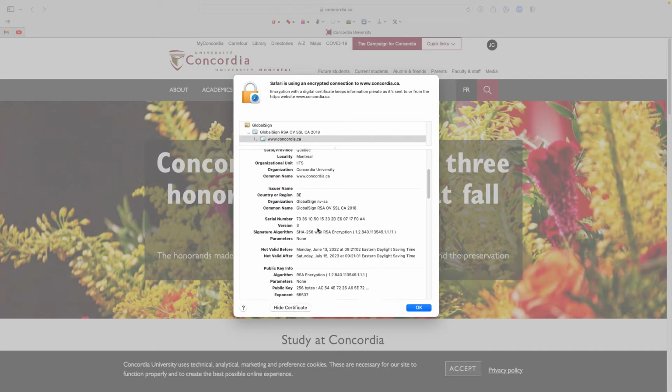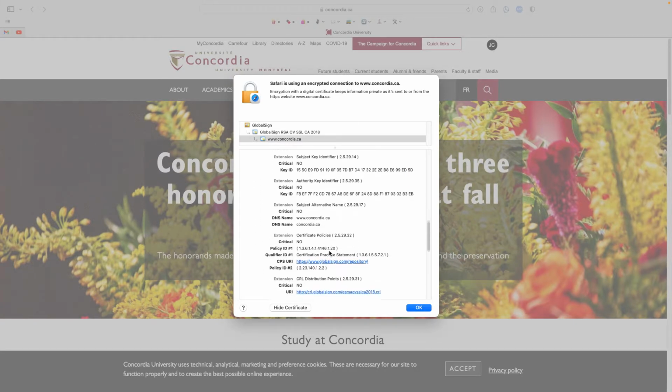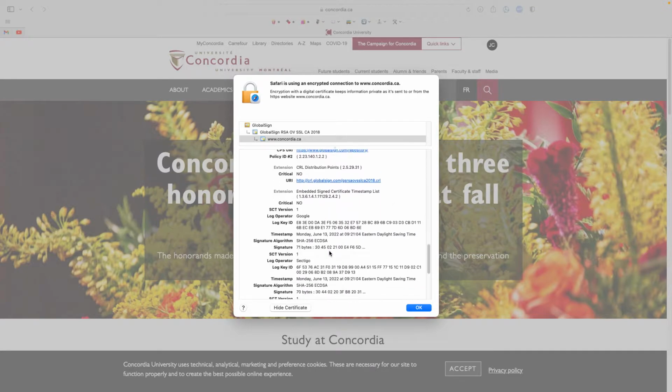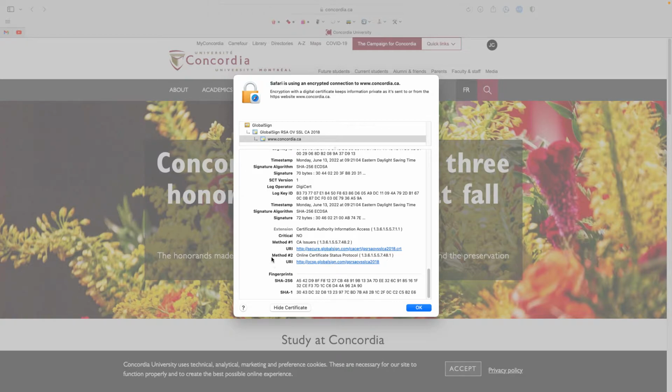And if we go into the details, we see somewhere in it, OCSP, Online Certificate Status Protocol, and then there's a URL. You might not be able to see it, it's pretty small, but it's http://ocsp.globalsign.com. So that's the CA that's issuing it, followed by a bunch of stuff, but it doesn't really matter.